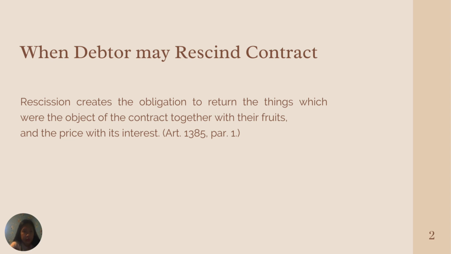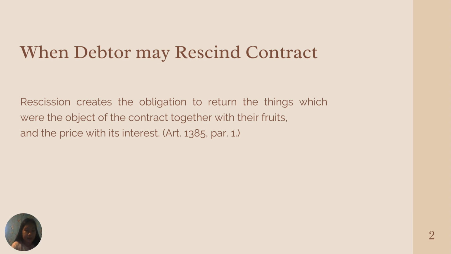Okay? So it is the very nature of an alternative obligation that the debtor can make his choice without the consent of the creditor. Hence, the right is given to the debtor to rescind the contract and recover damages if through the creditor's fault he cannot make a choice according to the terms of the obligation. The debtor, however, is not bound to rescind.